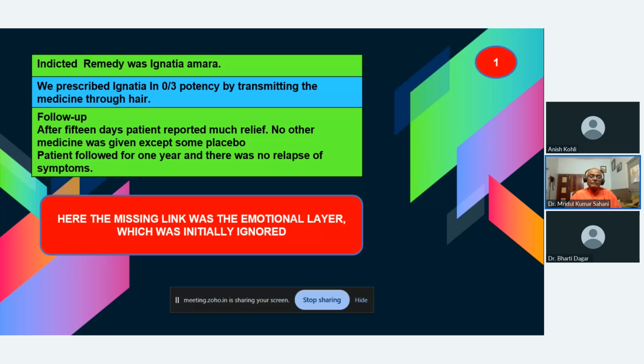Follow-up: after 15 days, the patient reported much relief. No other medicine was given except some placebo. The patient was followed for 1 year, and there was no relapse of the symptoms. Here, the missing link was the emotional layer, which was initially suppressed and ignored. You can understand that with this case, when you have not understood the nuance, you cannot cure the case